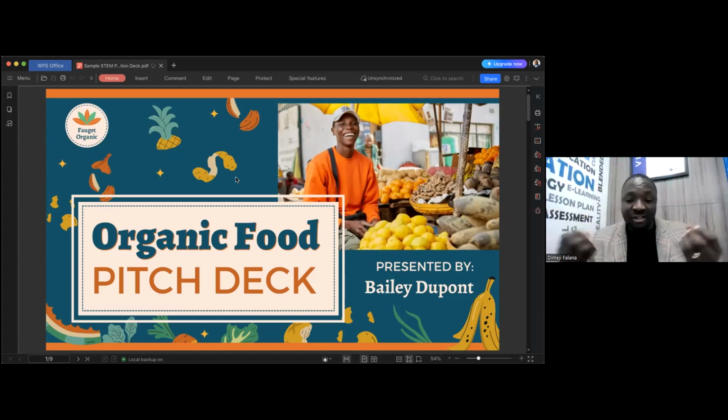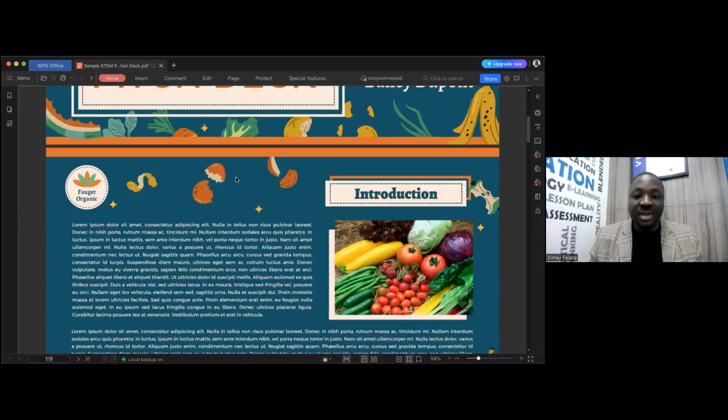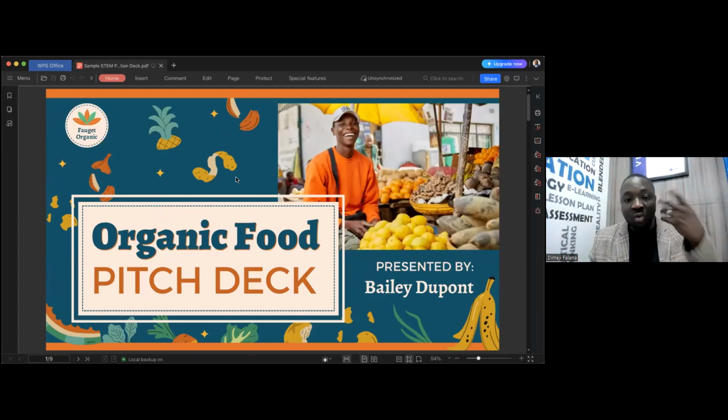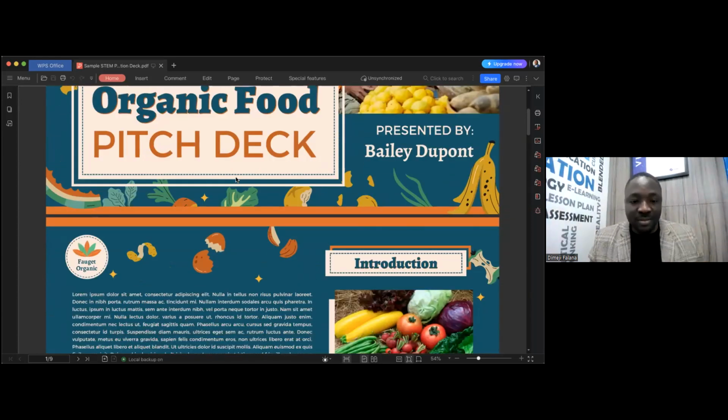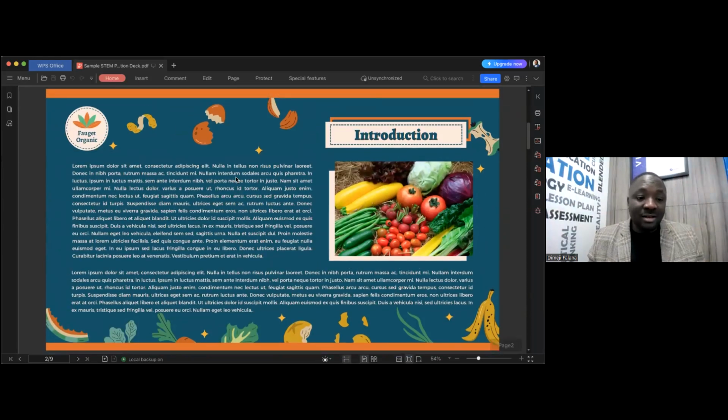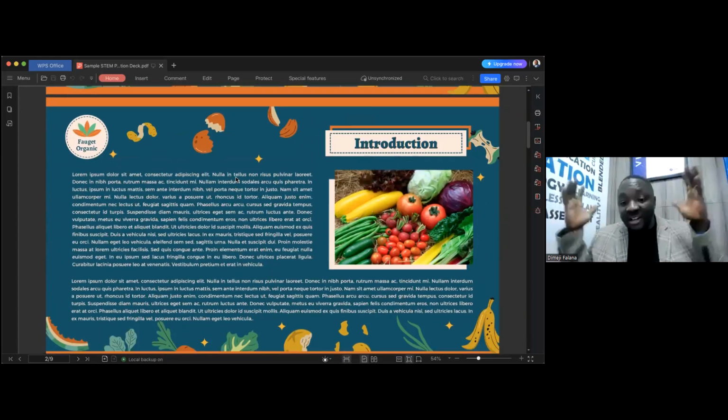So this first screen is to show what the whole thing is all about. Very simple, catchy, interactive, and very beautiful. You have to choose a color set and a font set and work with them, so it has to be really compelling and beautiful. Then the second slide is going to be the introduction to the solution you are presenting.